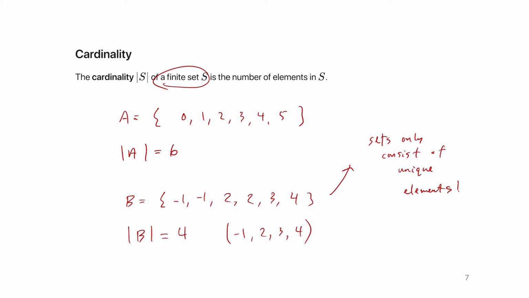Okay? And just to get the thought stirring in your mind, we have the set of integers, dot, dot, dot, -3, -2, -1, 0, 1, 2, dot, dot, dot. That's a terrible Z. Okay. What's the cardinality of the set of integers? We'll talk about it next week. Don't worry about it.